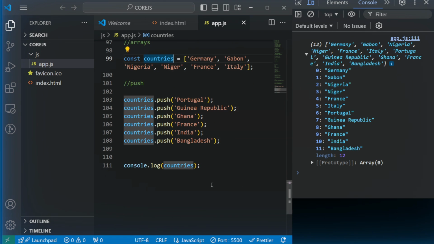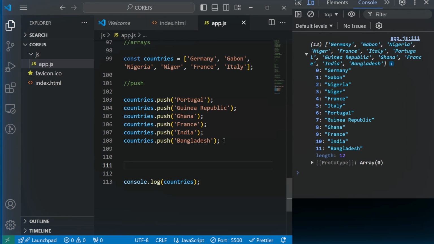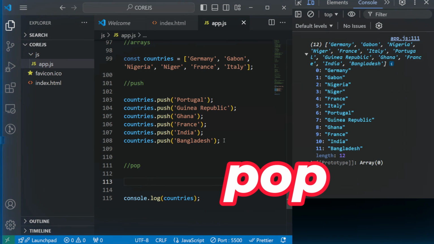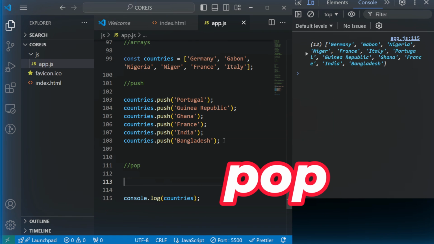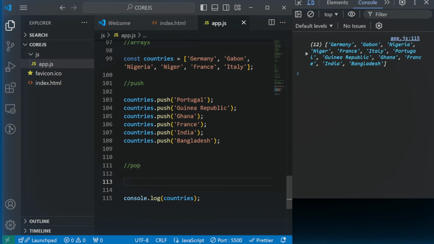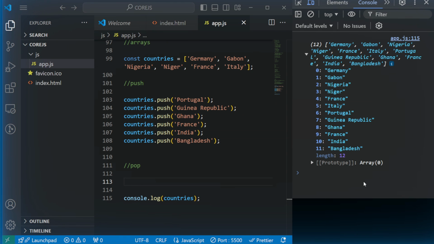remove them? So you will remove them basically by using the keyword pop. Okay, so now pop will remove the last element on the list. For instance, the last country that we have on the list here is what? Bangladesh. So when I say countries.pop, these are methods that you use to perform certain operations. Push method, pop method. So these are methods that help you achieve your goal. So the pop method is used to what? To remove the last element in the array. So let's say now